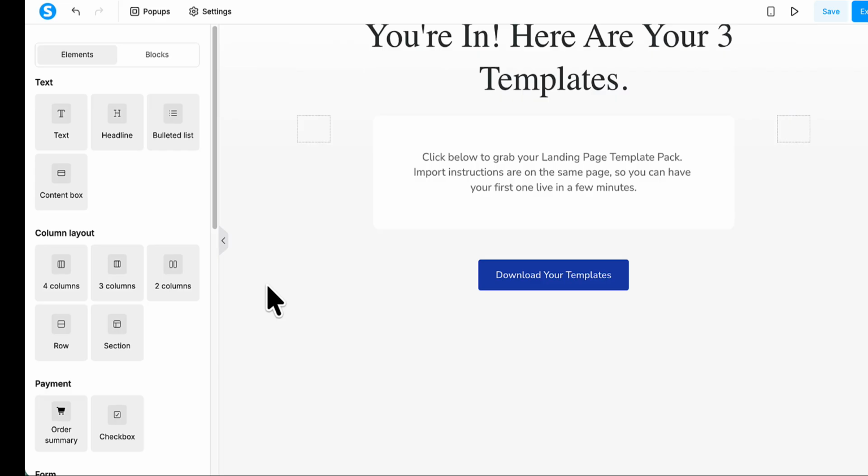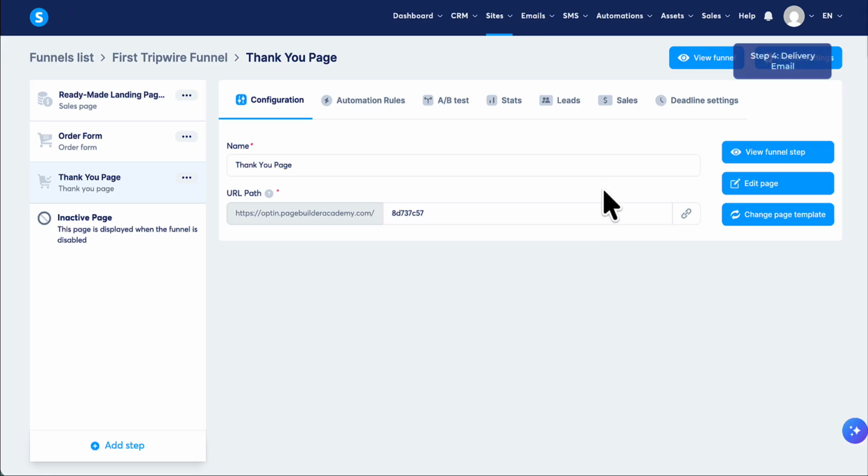So this is just a backup in case they don't access the file from the download here, and also just confirm they've got the actual product and thank them. So what we need to do is click on the save option and then just exit out back into the funnel. Okay, so now what we need to do, go to automation at the top and click on rules,